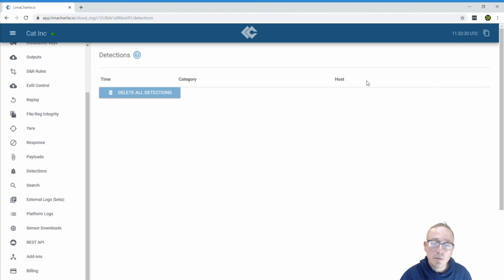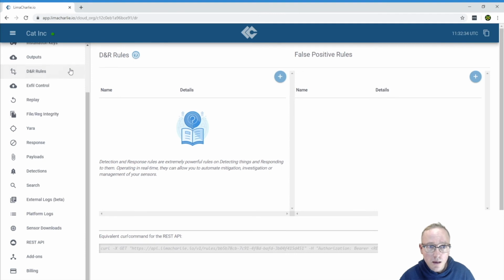If you do, we have a mechanism for handling that. If you go over to the D&R rules tab and look in the right hand column, you'll see false positive rules. To add one, click the plus button, give it a name,